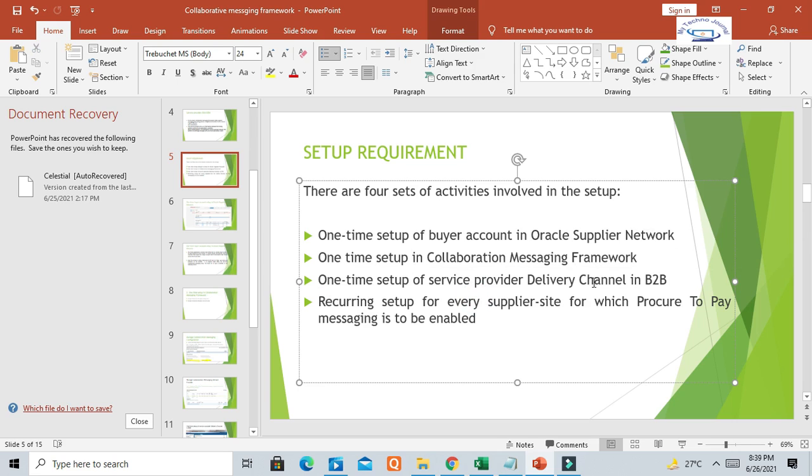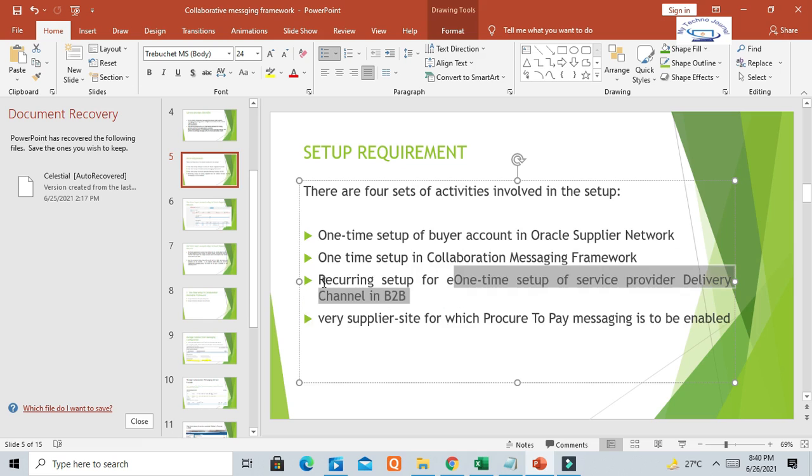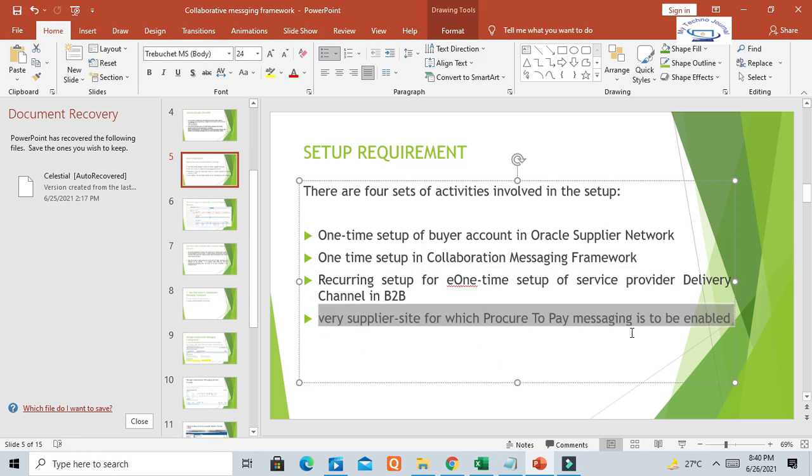In the business-to-business channel platform, we need to do certain setups to transmit the document to the service provider. That setup we'll see. And every supplier site for which the procure-to-pay messaging is to be enabled.